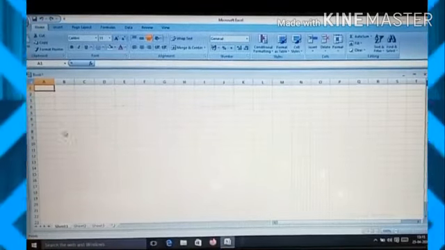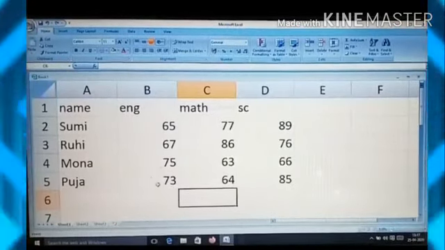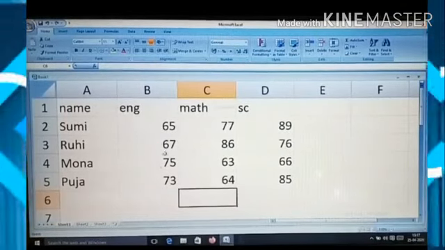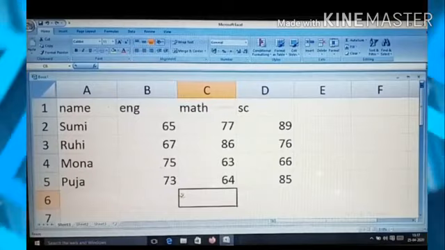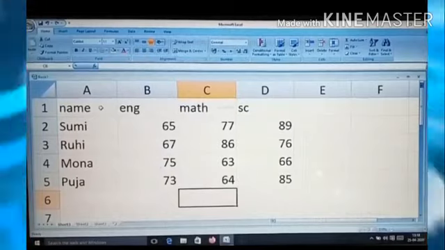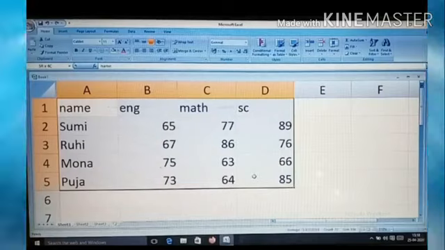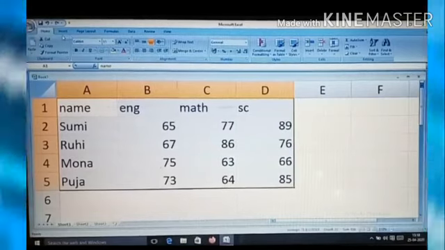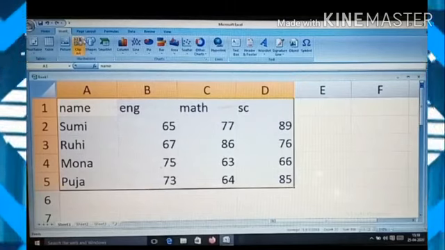Let us click on table. You can see I have already created a table in Excel. These are the marks of students and the students' names have been given over there. Now for applying a chart, what you need to do is create a table. After that, select the whole table, drag and drop, and after that click on the Insert tab. It is just next to the Home tab. After clicking there, you can see the Charts group